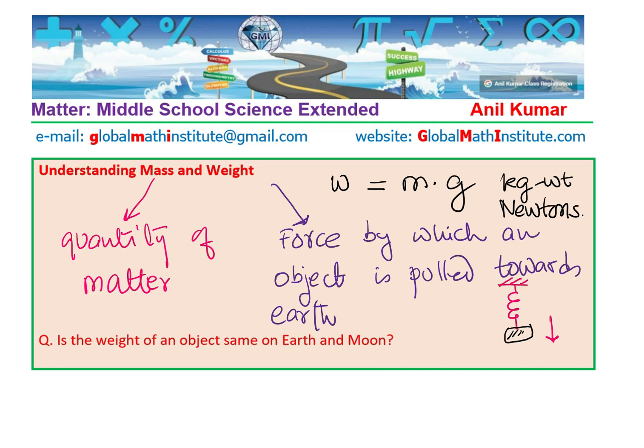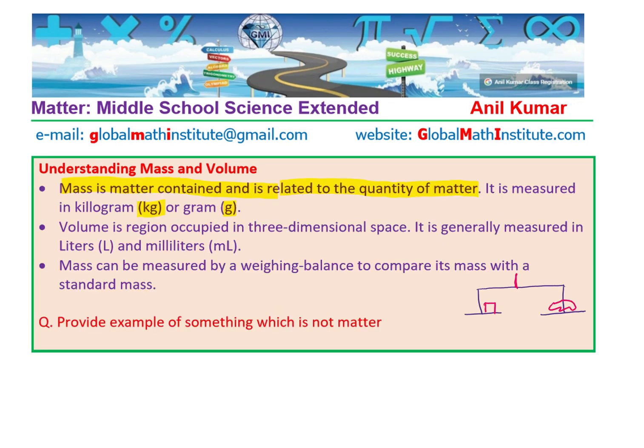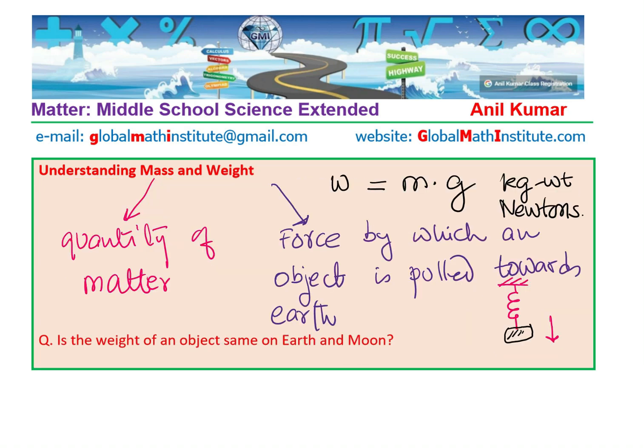You get the idea. Earlier, when we were measuring mass, we balanced the force of gravity. It was same on both the ends. Do you understand? So that force cancelled, and we got the mass. So that is how you need to understand it. I hope this point is absolutely clear.